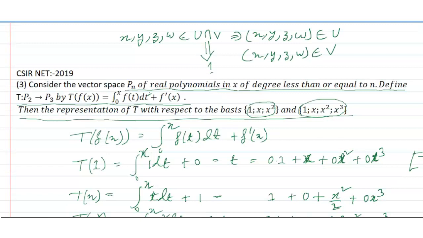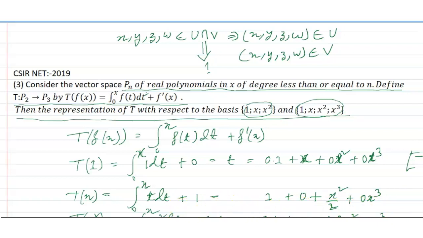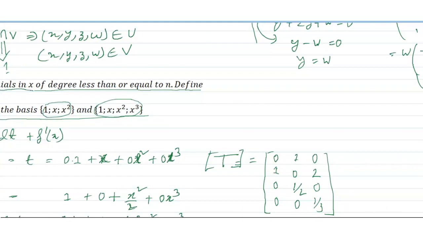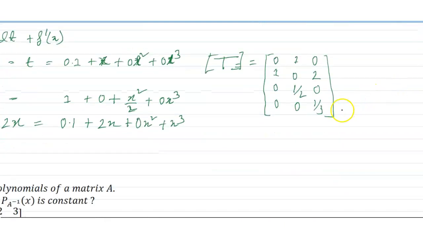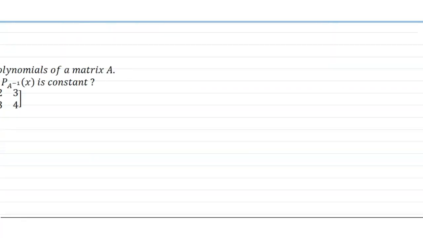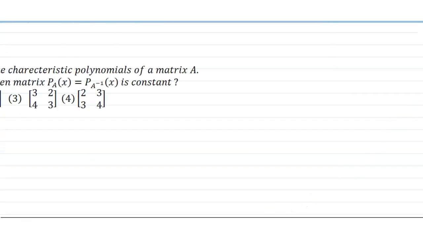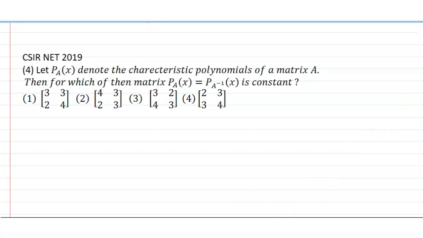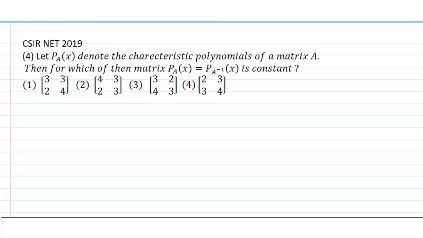And after that, whatever I have to find out, define T such that consider the vector, then the representations. So my matrix representation is this. I found my matrix representation. This is my matrix representation. I hope I could make this concept clear. Next problem is